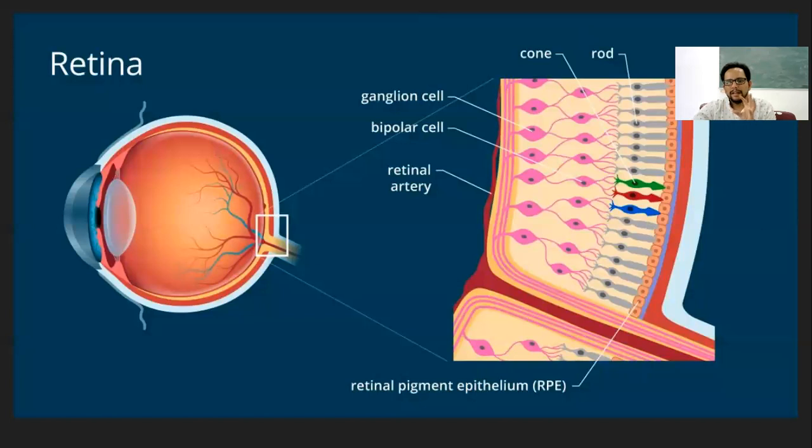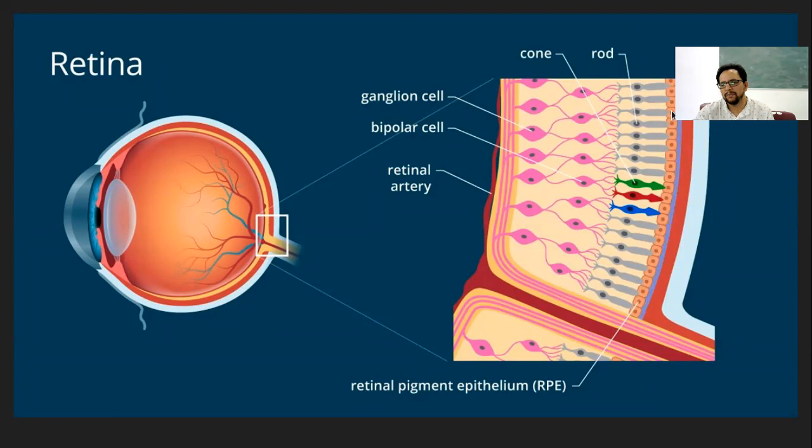Now just looking at the details of the retinal structure. If you look at this particular portion, which is enlarged from this section of the eye, so again, a particular eye has been chopped into two halves, and a small part of it is enlarged to see all the different layers. So this whitish or sky blue colored layer is the sclera. Then this brown layer is the choroid. This small blue line that you see is actually, it should be black, which is the melanin layer, which will absorb all the light.